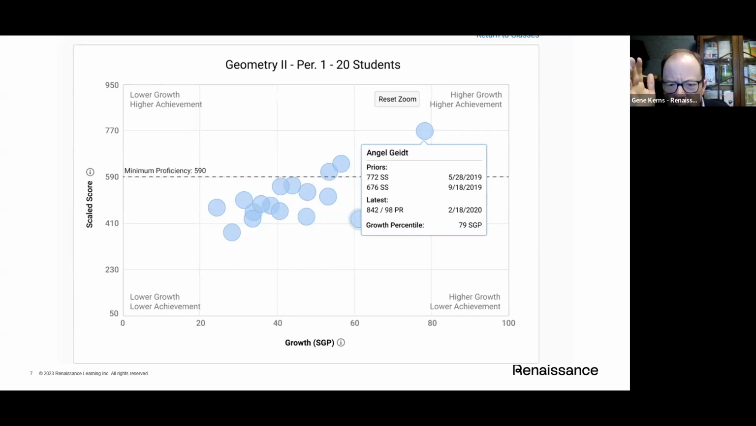I saw a question there. It says, does the district set the minimum proficiency scale score or can we adjust them? That may be an in-house question more than it's a Gene question. So I see Michelle kind of nodding. You want to take that one? Yes. Well, we use the state benchmark